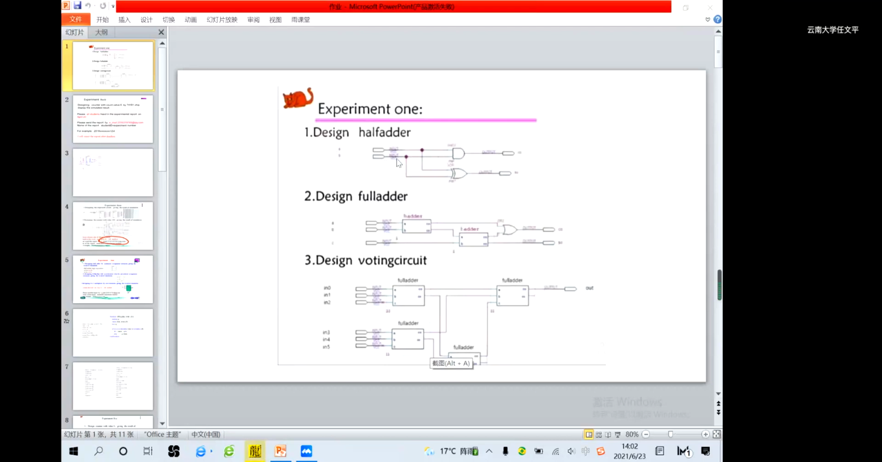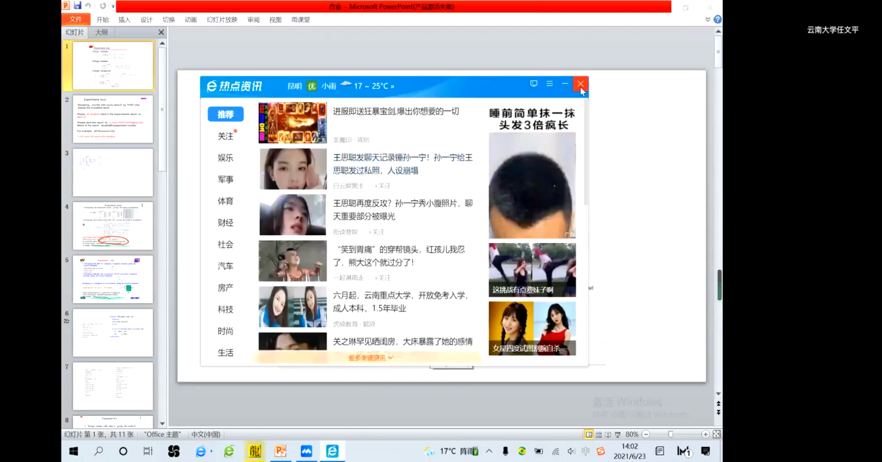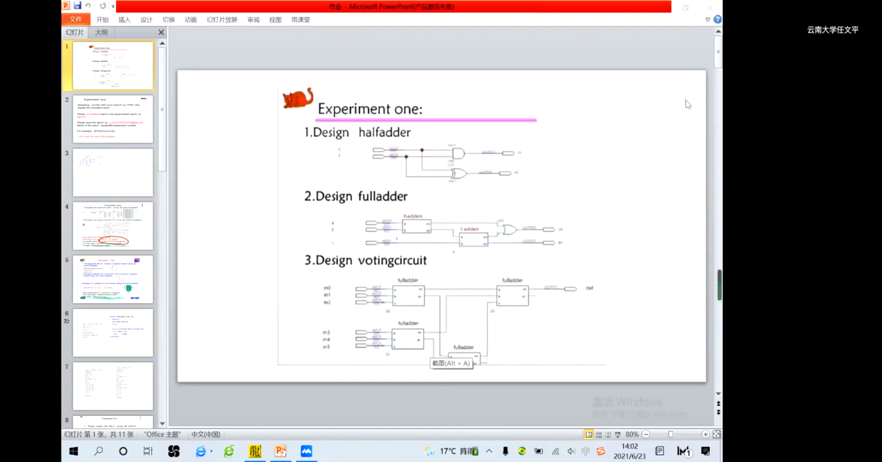design the half adder. This is the basic using. And the second demand is design the full adder. This demand